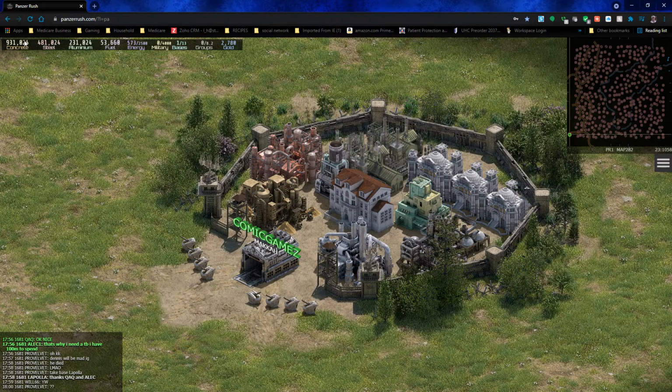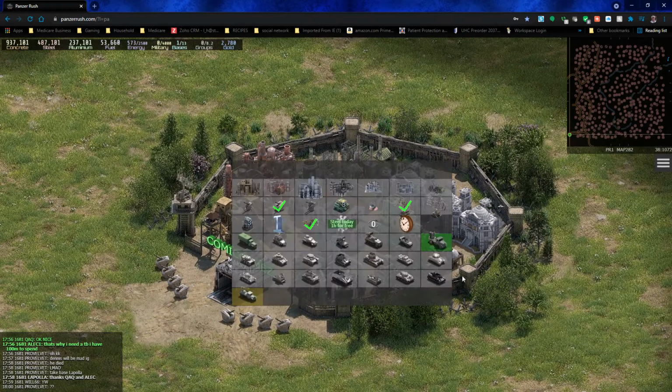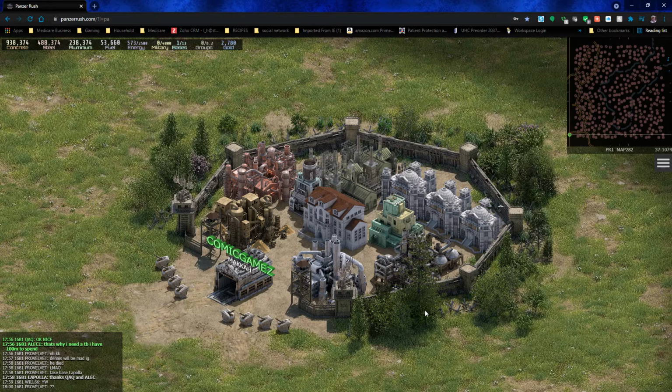But you'll notice I got 931,000 concrete. That's not a lot. 483 steel. These are not a lot of numbers. Okay. Fuel, 53,000. That's not going to last anything. So what I've done is I've got all my factories, I've got all my power plants, I've got all my military that I can have on this base. Why? So I can go ahead and